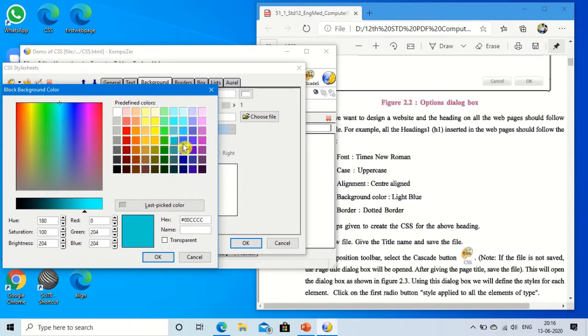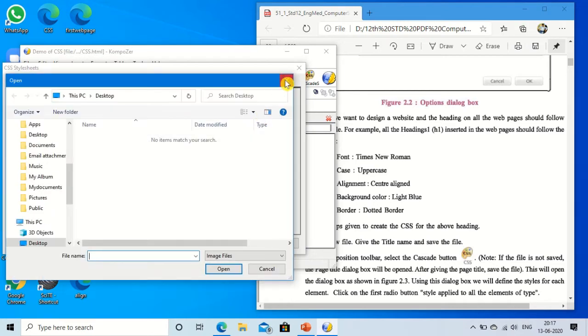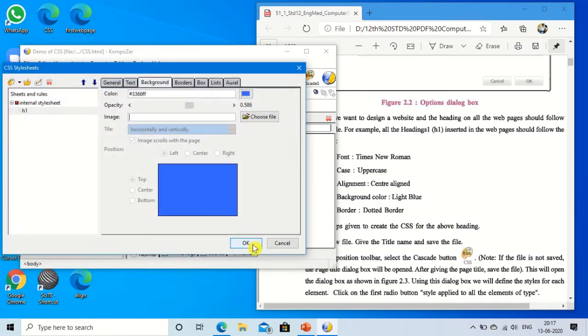Or any one color you can take, and here you can click on OK. Now if you want to change the transparency, you can change the transparency also. Opacity you can reduce. If you want to insert an image, you can insert the image just by clicking on choose file. Here we are not going to insert the image, and click on OK.